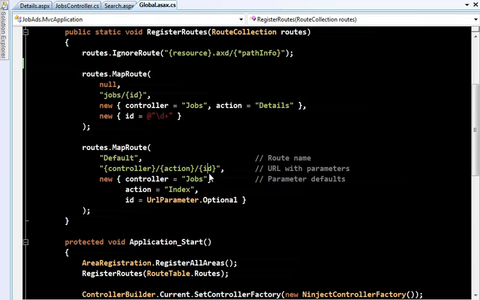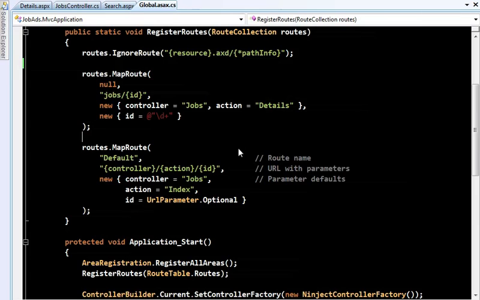Plus, since named route entries involve coupling your views to your routing entry names, it means that if you change your routing configuration, you might have to go and find everywhere that it's referenced in all the different views and update those. I personally prefer to avoid both of these problems by not giving names to my route entries, so I know that inbound and outbound routing has got to be consistent, and also it means that I don't have to update my views if I later update my routing configuration.